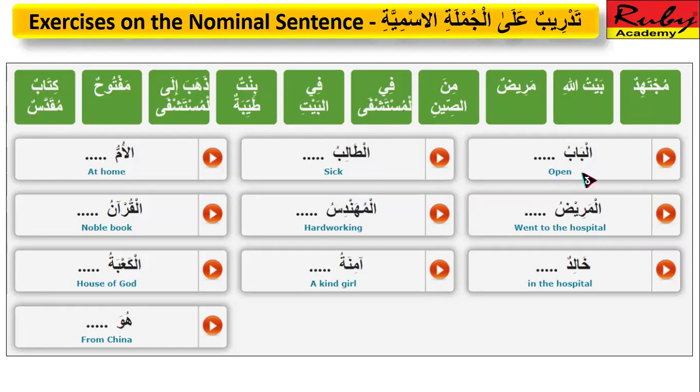You can see open, sick. That means you can pick up the open word from these green ones. I'll tell you. Mushtahidun, hardworking. Baitullahi, house of Allah. Maridun, sick. Minasini, from China. Fil Mustashfa, in the hospital. Fil Baiti, at home. Bintun,